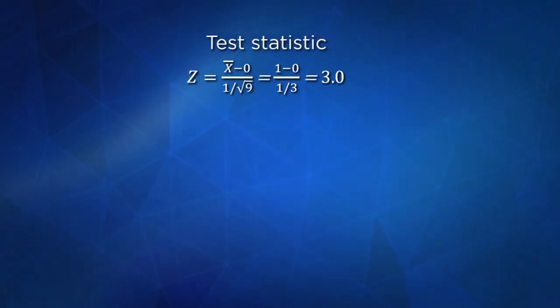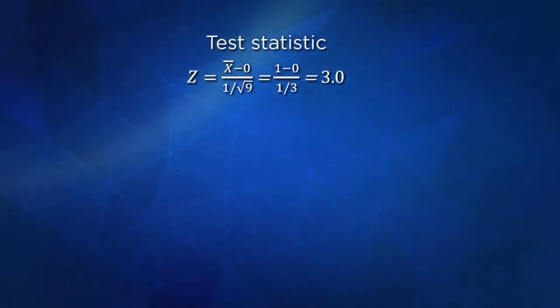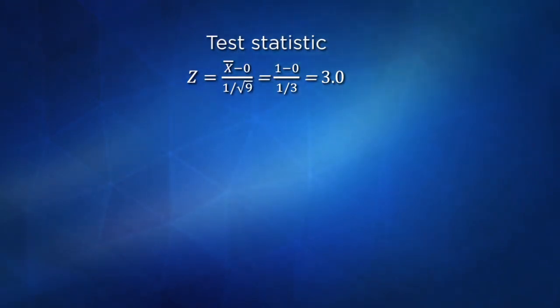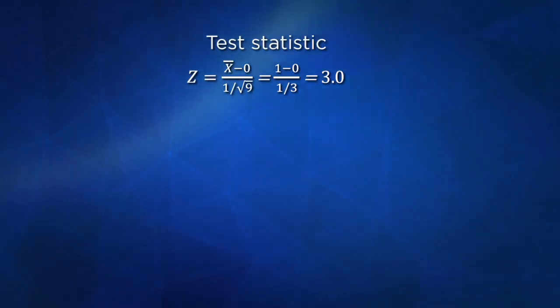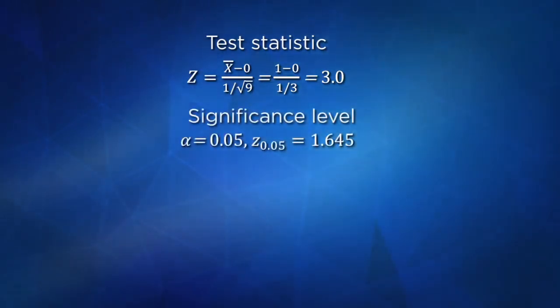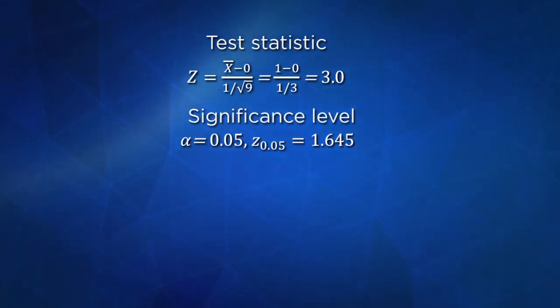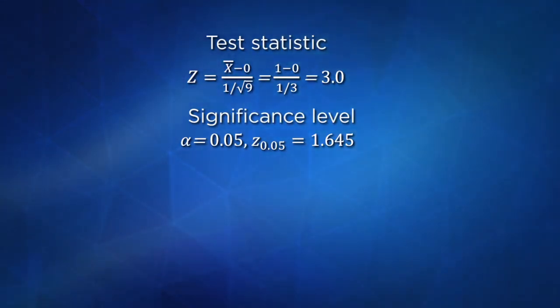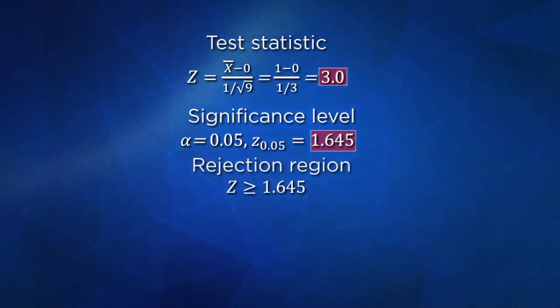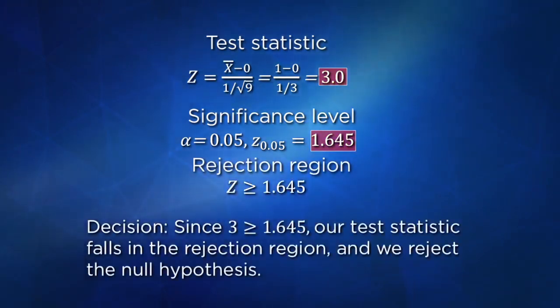All right, first we need that test statistic, that z value. That's x bar minus the mean under the null divided by sigma over square root of n. Plug in our values, we get 1 minus 0 divided by 1 over the square root of 9, which gives us 3. Here, for our significance level, we can use an alpha of 0.05, and we get a critical value, z alpha of 0.05, of 1.645. Next, we're going to compare our test statistic to our critical value. And we see that 3 is greater than 1.645, so it falls in the rejection region, and we reject the